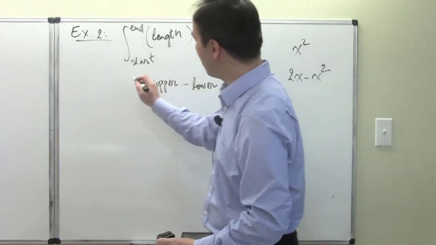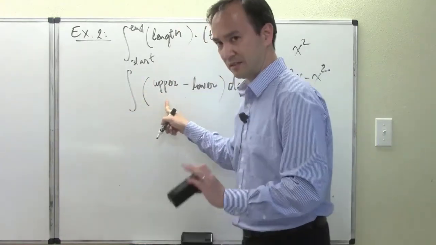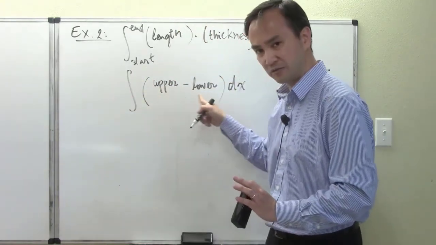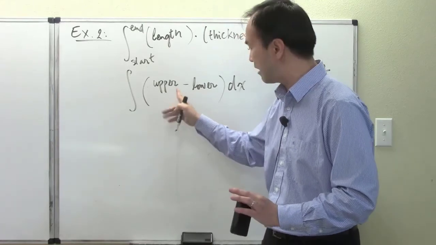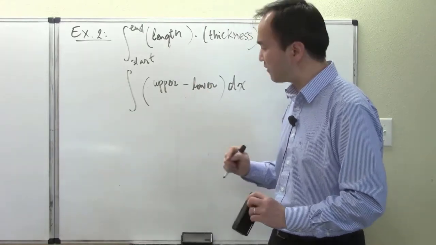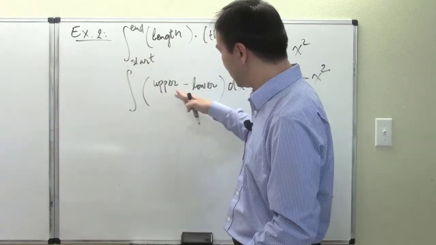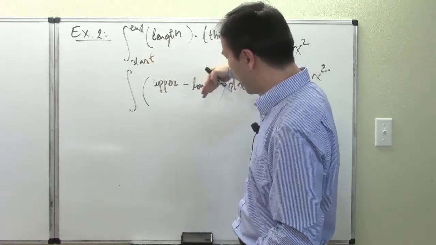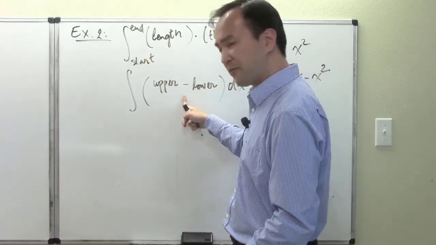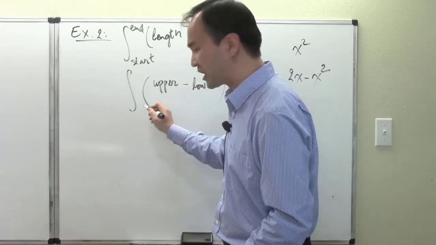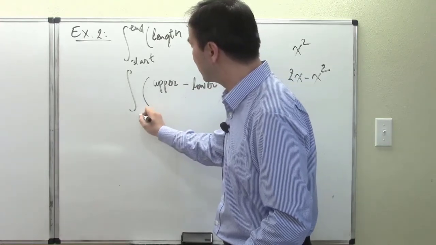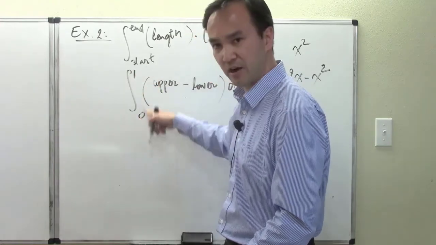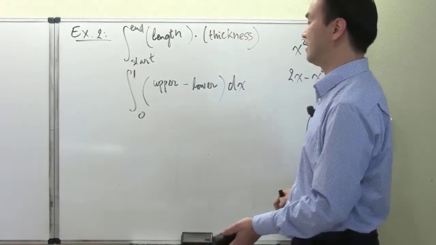So now we know for sure that, I recall that we still have not finalized who's our upper function and who's our lower function. But now we know that for the upper function and the lower function, this difference right here, the accumulation, must happen anywhere from 0 to 1. Start at 0 and end the accumulation at 1. Okay, and so now